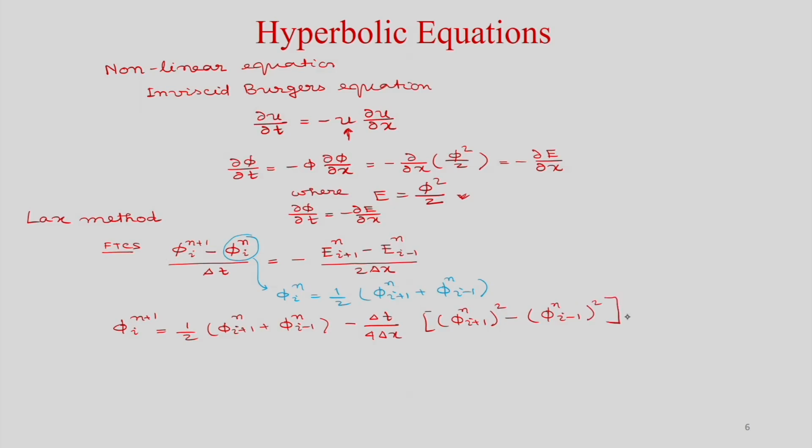So, this is your discretized equation, okay, and you need to solve this, and the order of accuracy is delta t, delta x square. So, first order accurate in time and second order accurate in space, okay, and it is conditionally stable, and the condition for stability is del t by del x u max should be less than or equal to 1.